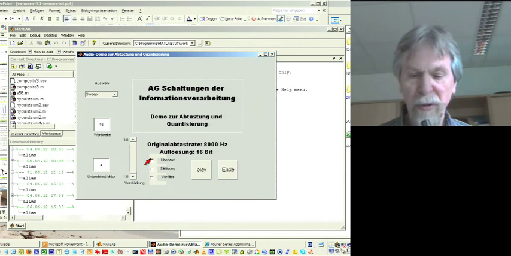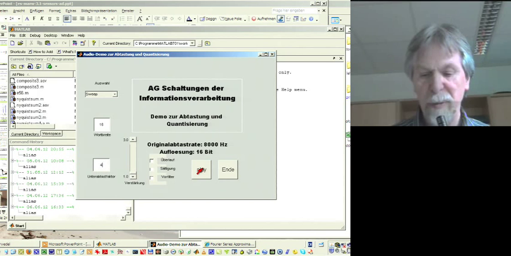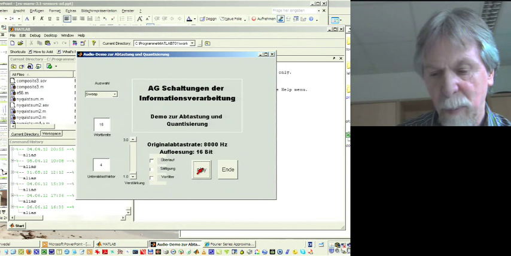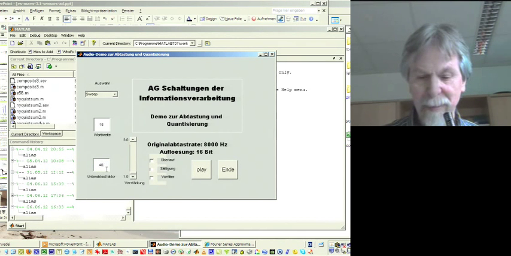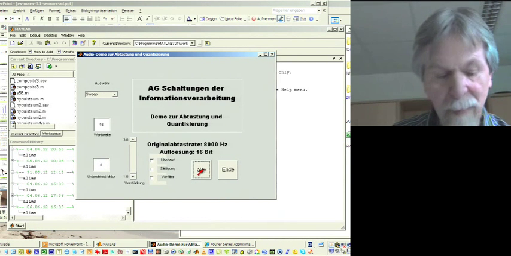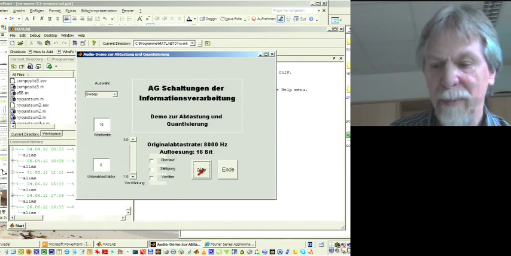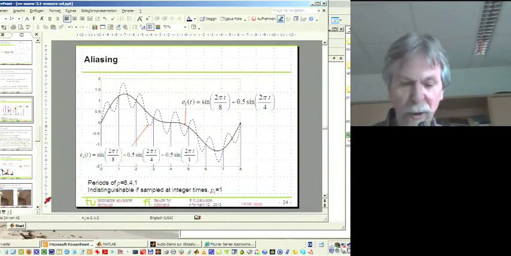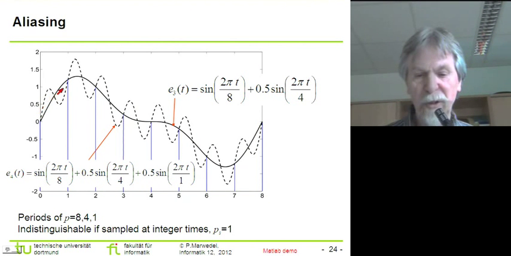And now we are reducing the frequency that we're using for the sampling, and we will hear that even more tones appear as if they were low tones. And just one more time. Okay, so I think that was an audible result of an experiment demonstrating that indeed if we are not sampling